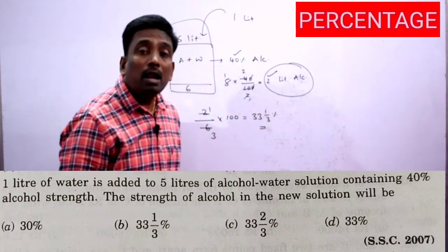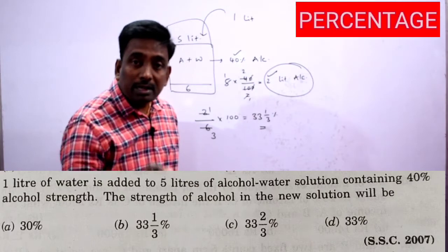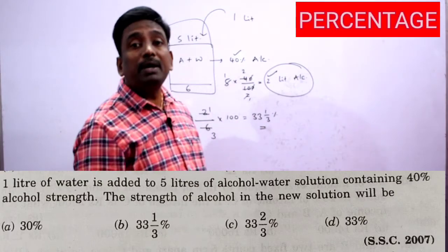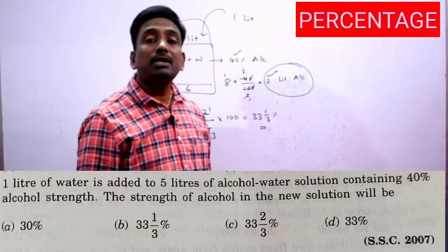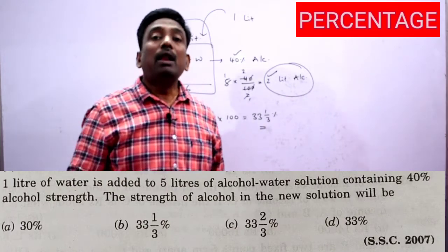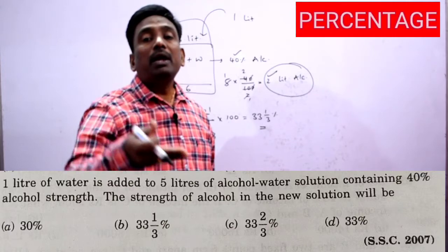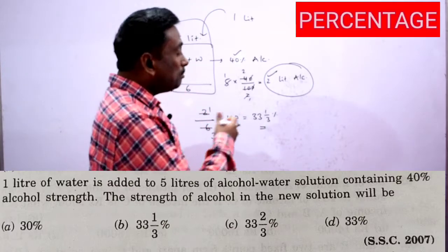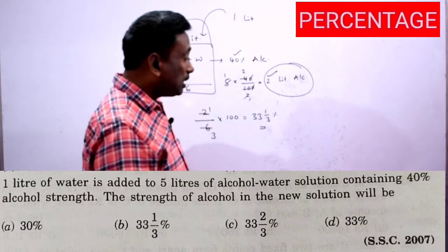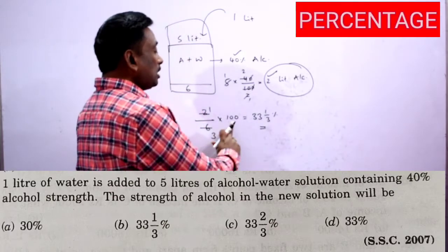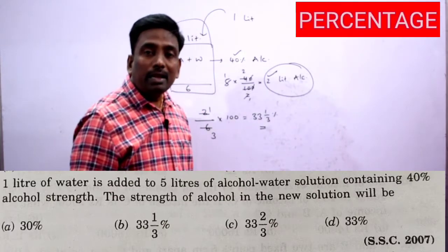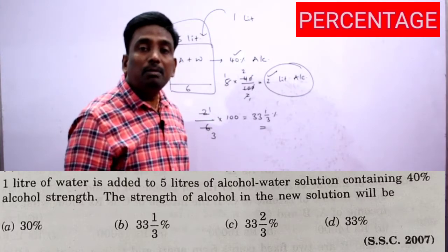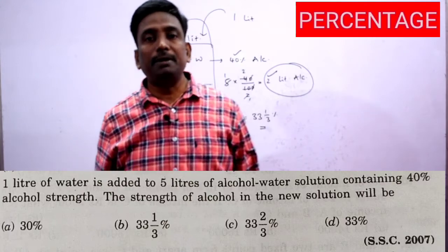Now the alcohol quantity percentage, the strength of the alcohol, becomes 33%. Previously it was 40%. We are adding water, that's why it becomes dilute. Now the alcohol percent becomes 33 1 by 3%. 33 threes are 99. One reminder: we are dividing with 3, that's why this becomes 33 1 by 3%.